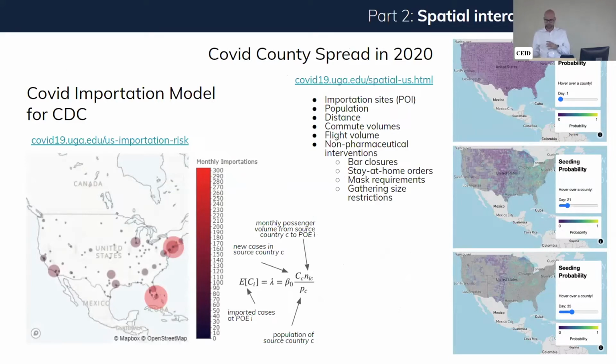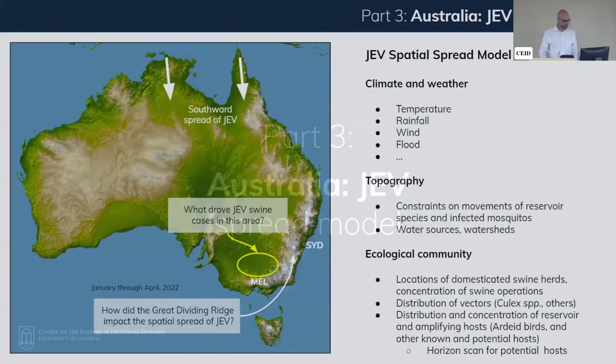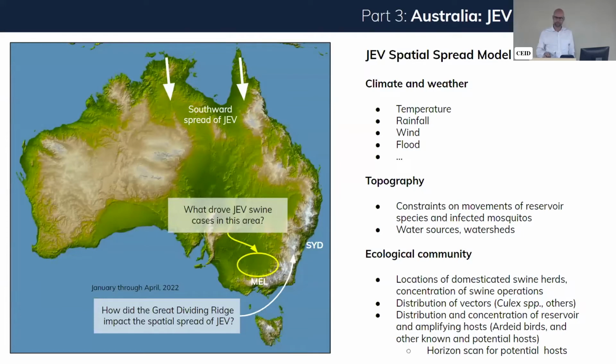We developed first an importation model. This was done in coordination with the Division of Global Migration and Quarantine, much like the model that Natalia just spoke about. This then is the initial condition for a subsequent county-to-county spread model, which allows for both diffusive local spread as well as long-distance spread through what we sometimes think of as teleconnections, those connections between two locations that are based on, for instance, vehicle traffic and so forth. So I think we could do this with information from Australia if our collaborators are able to help us in obtaining the right kinds of data.